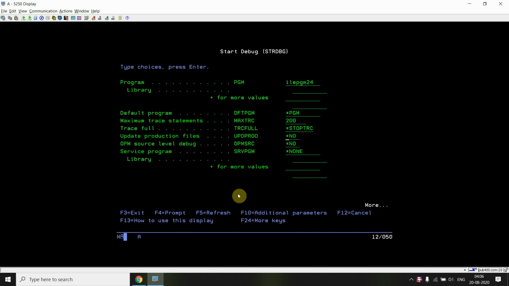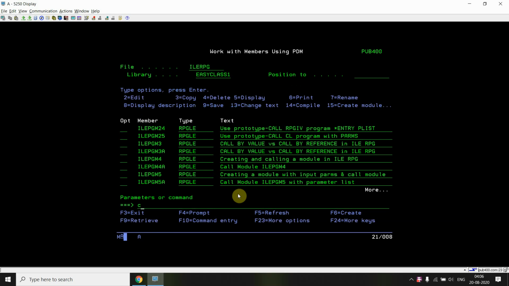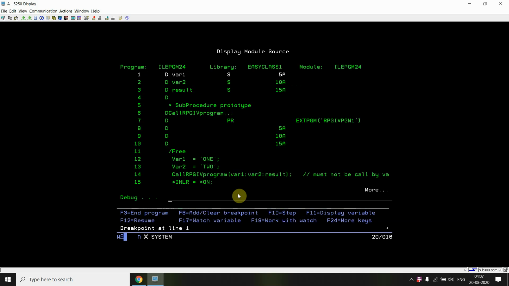Here also I need to set open source as star yes. Set the breakpoint at line number 1. Call ILE PGM24, and give a space, F10.